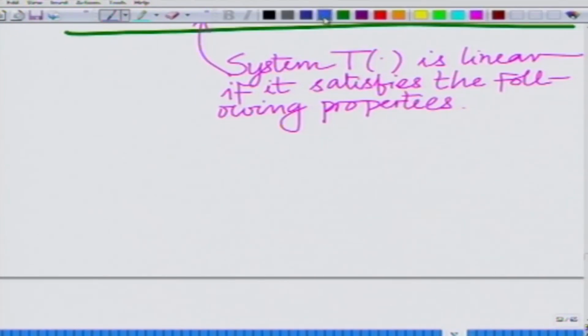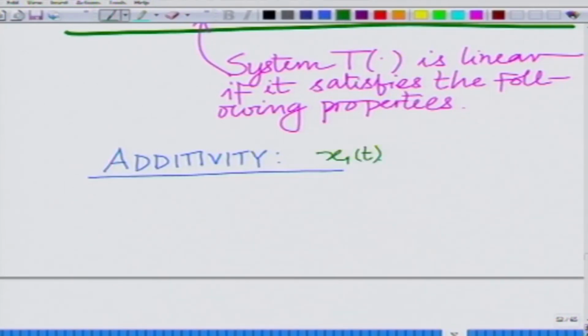The first property is what is known as additivity. Additivity is very simple. Consider two input signals x1(t), x2(t) such that